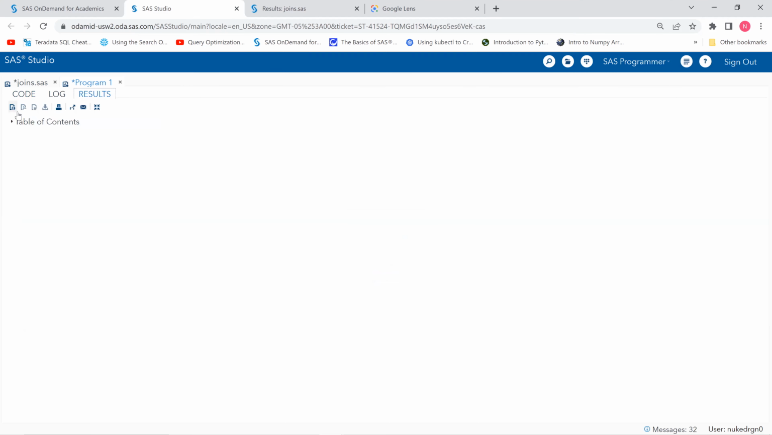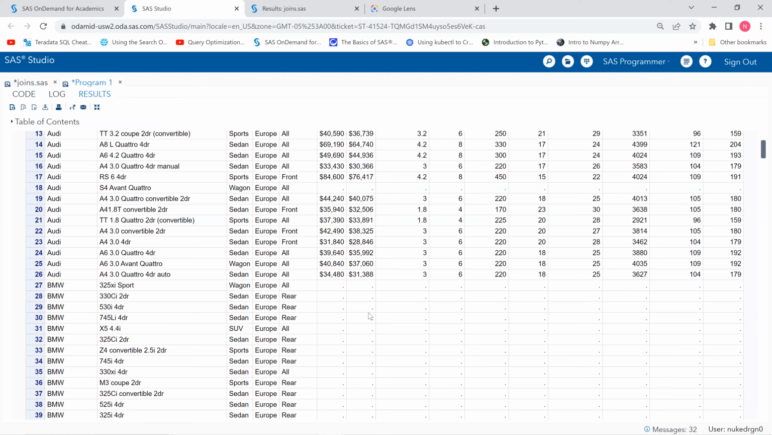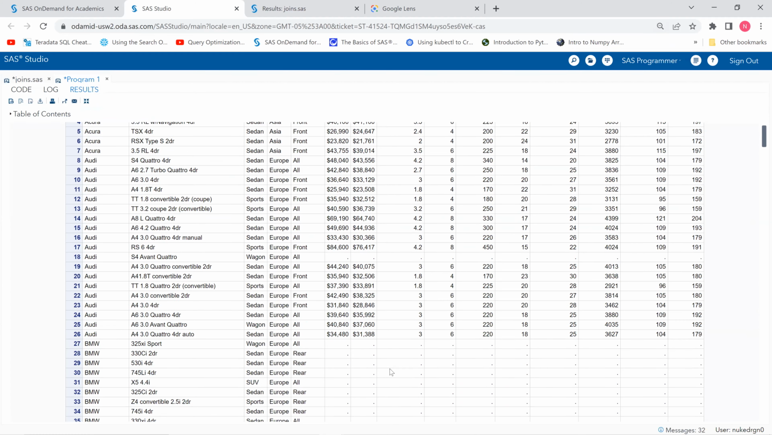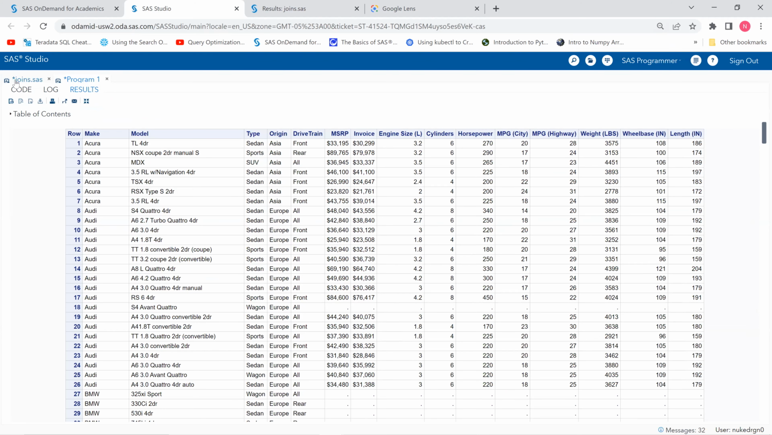Yes. Is that it? Yeah, and also remember all these rows are empty rows. See, there's no MSRP, there's no invoice, there's nothing. Correct. Huh? So because